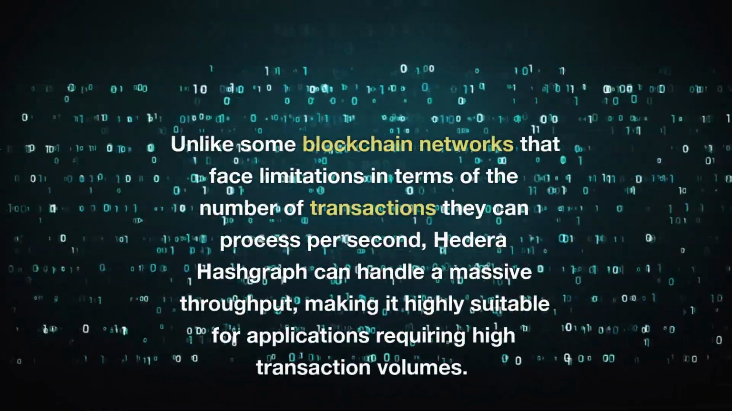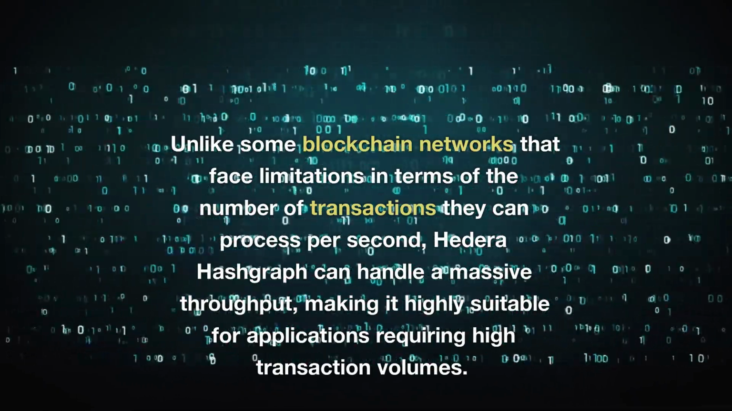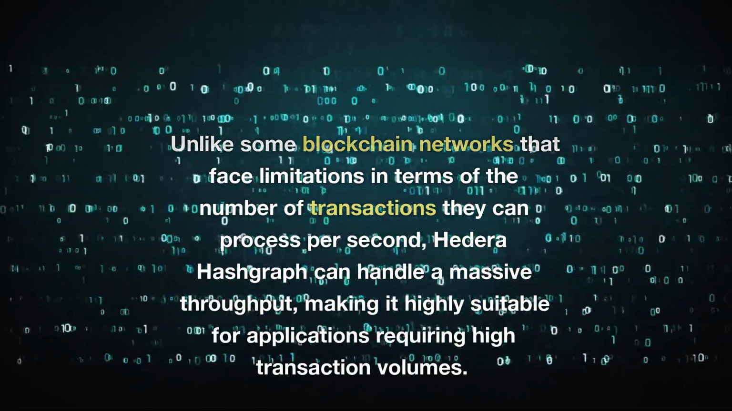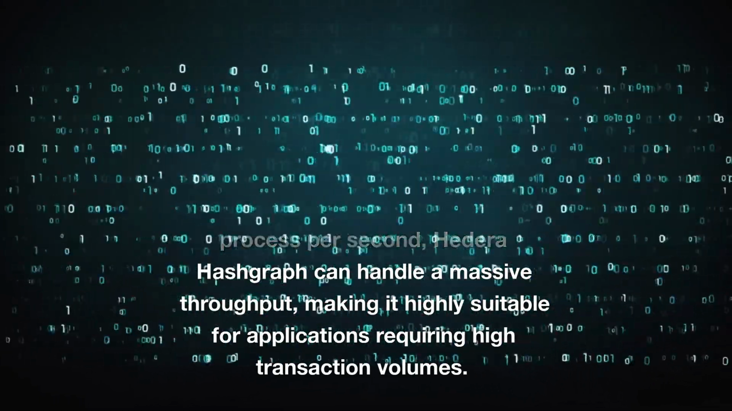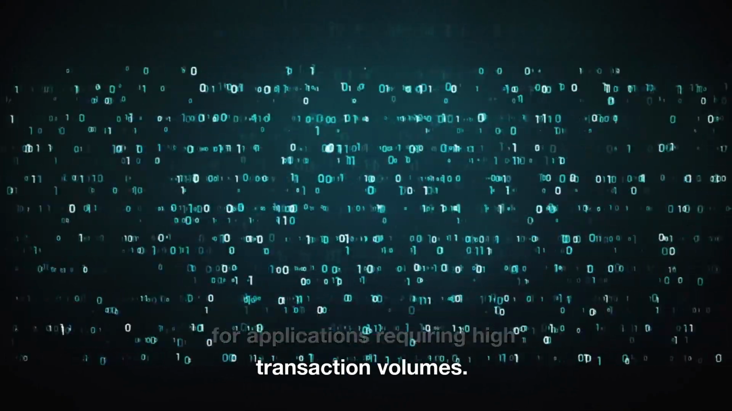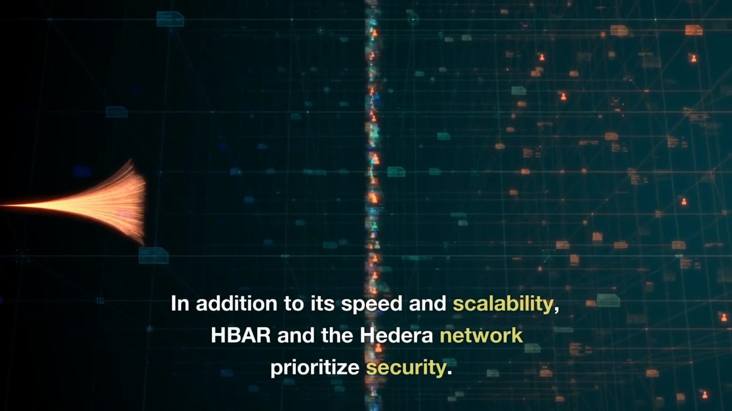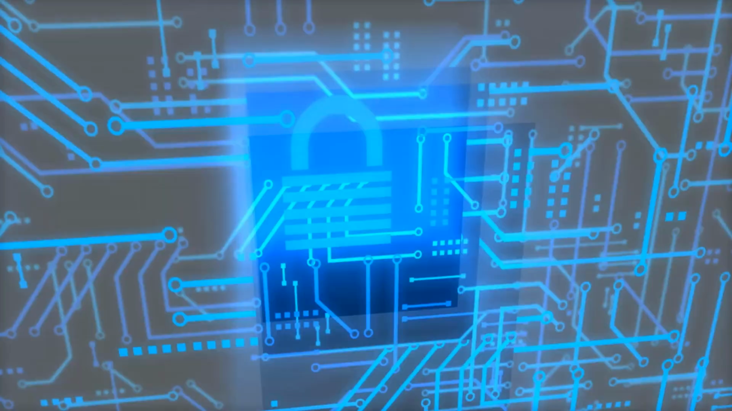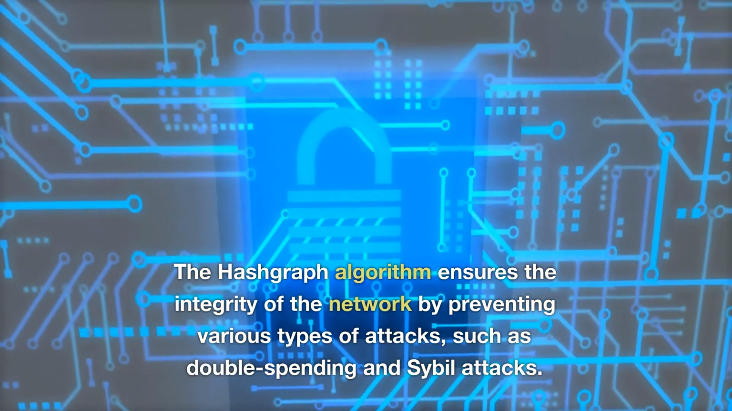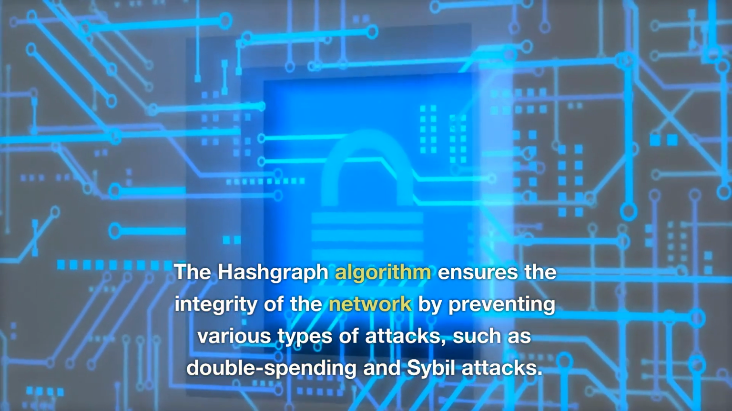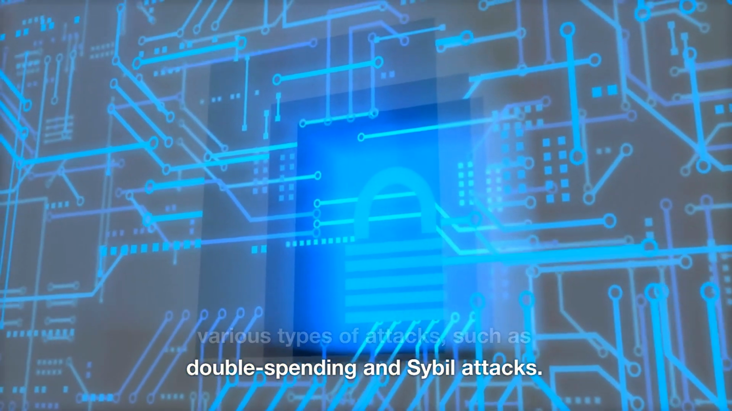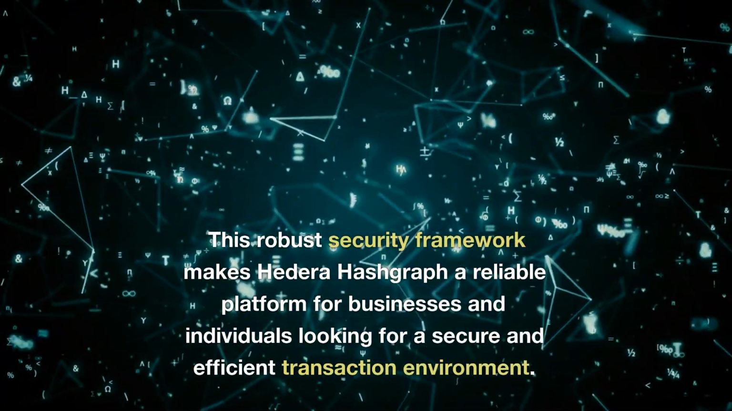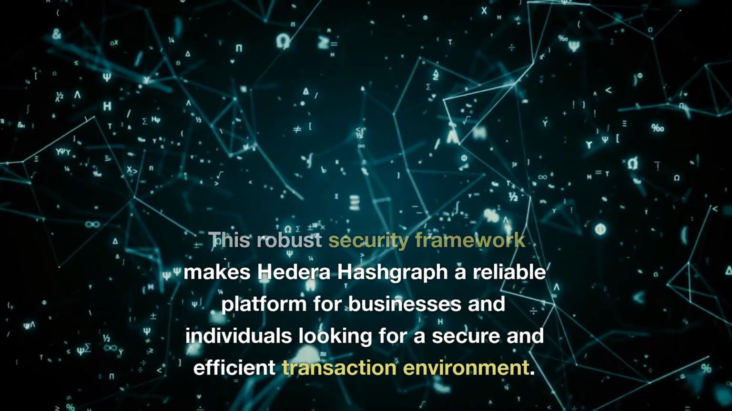Unlike some blockchain networks that face limitations in terms of the number of transactions they can process per second, Hedera Hashgraph can handle a massive throughput, making it highly suitable for applications requiring high transaction volumes. In addition to its speed and scalability, HBAR and the Hedera network prioritize security. The Hashgraph algorithm ensures the integrity of the network by preventing various types of attacks, such as double spending and Sybil attacks. This robust security framework makes Hedera Hashgraph a reliable platform for businesses and individuals looking for a secure